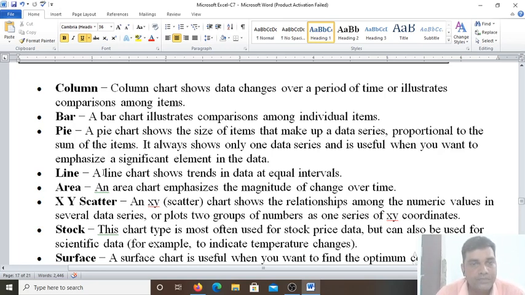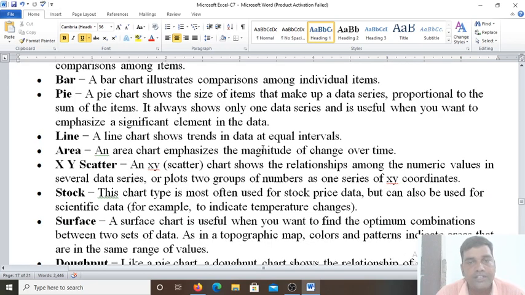Next is the line chart. Line chart shows the trends in data at equal intervals. So if you want to illustrate the trends in data at equal intervals, meaning a fixed interval, we can go